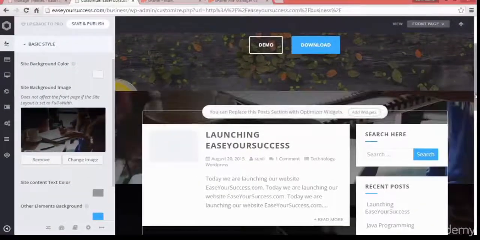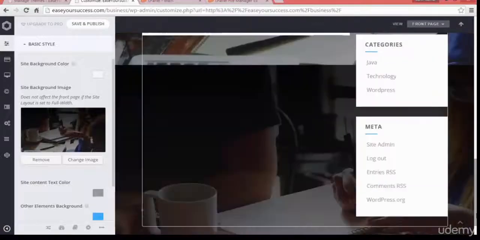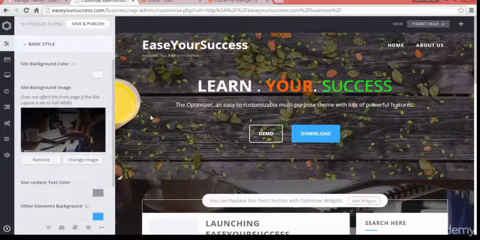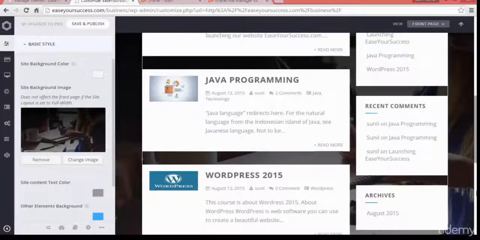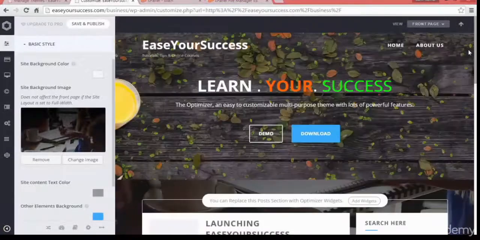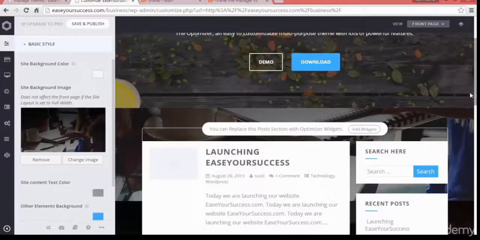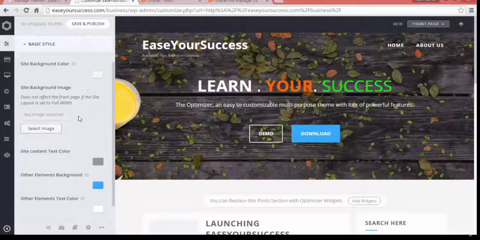See here, now there is a background image behind our post, and when you choose this background image, it will be coming after this for all our website. See here, it will be coming like this. I'm not finding it cool, so I'll remove this. No need, let it be like this only.